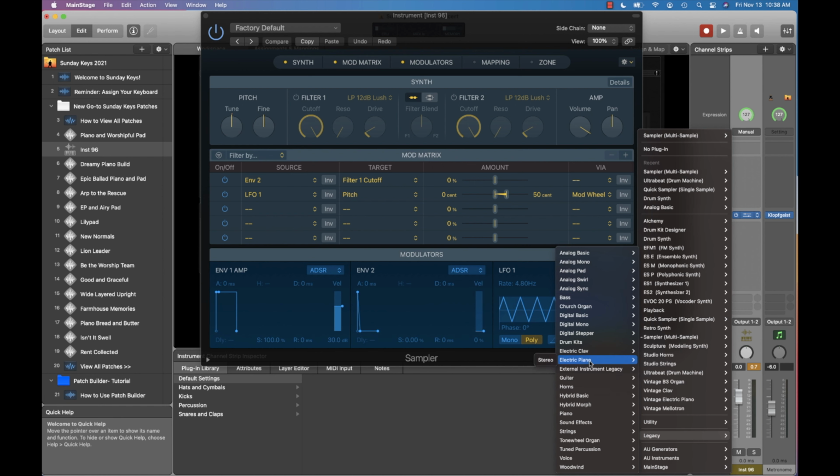A lot of these are old MainStage 2 and Logic 9 instruments. And so I was hopeful when I first did this after updating to 3.5 that I would see EXS24 here in the list. Now, obviously, I'm really excited about the new Sampler, but I also really wanted the ability to still use just regular old EXS24, maybe in terms of reliability or just familiarity. The fact that it's not here under the legacy options is a bummer to me.